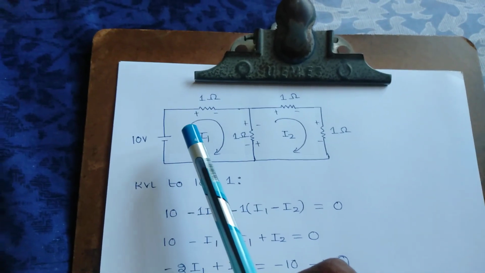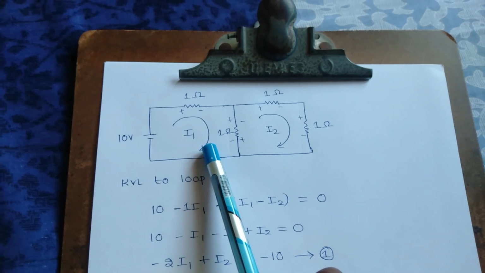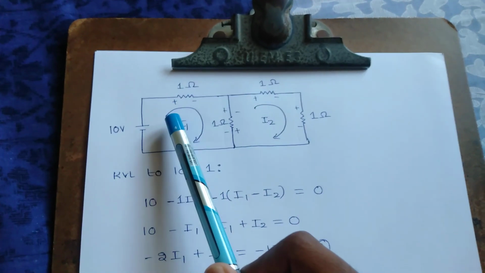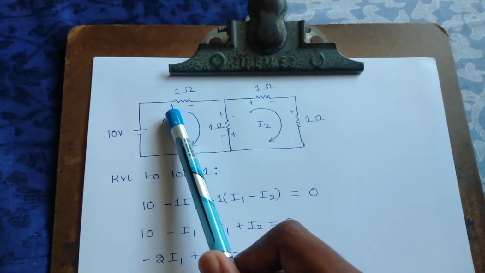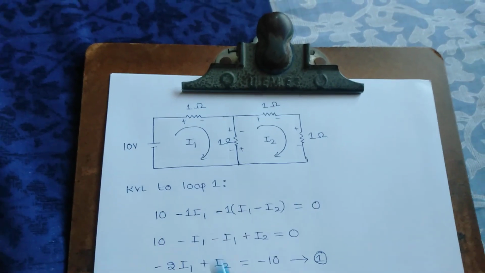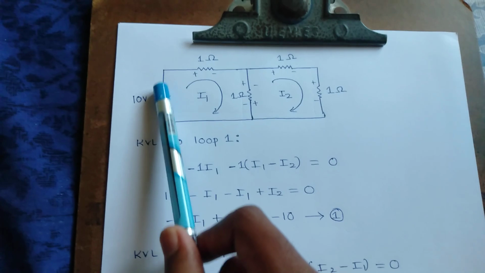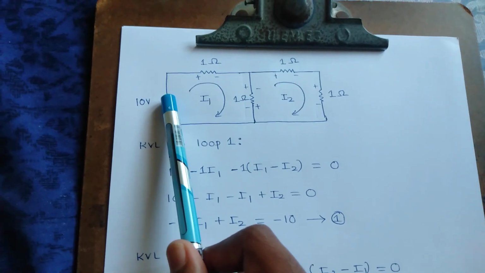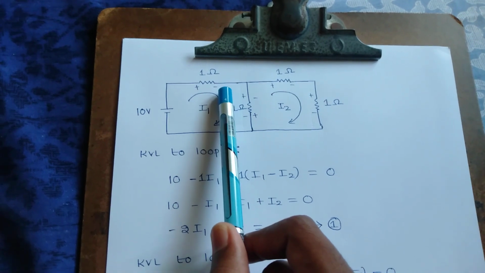So when we are applying KVL to this loop, the current entering terminal is positive and current leaving terminal is negative. Applying KVL to loop 1, the current leaving terminal is plus, right? So plus 10 volts, and current leaving here is